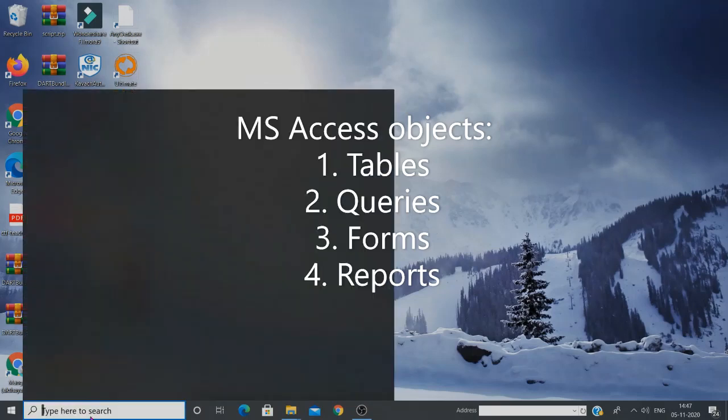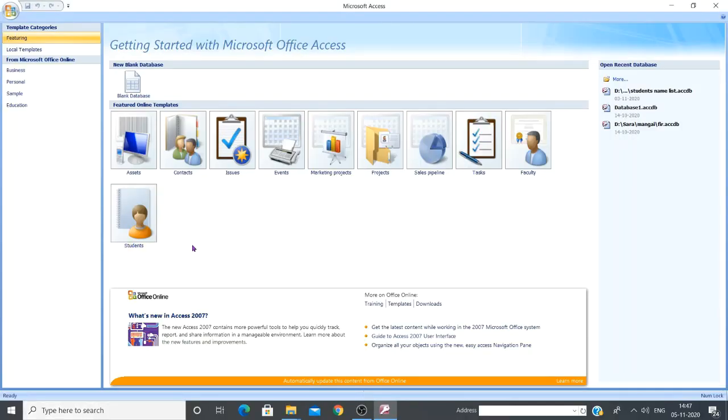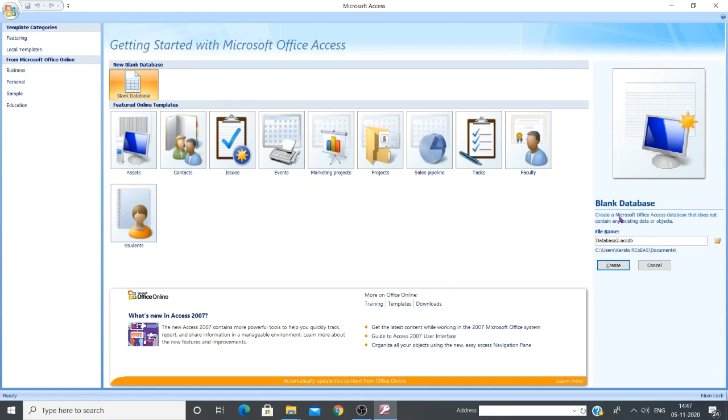For that, let me open Access first. So, shall we create a new database? We already have a student's name list over here, so if you want, we can just open another database. Let me click on new blank database. Who remembers what appears on the screen after clicking on new blank database? Will you get the access sheet? No, right? When you click on blank database, on the right side you will get blank database with the file name box. In the file name box, type some name.